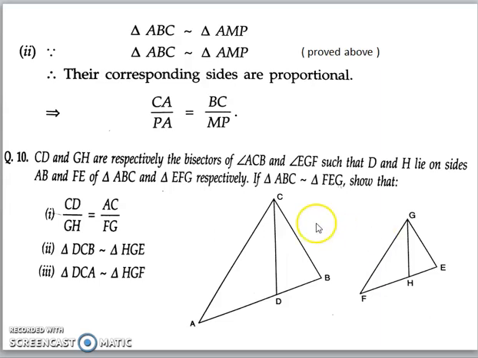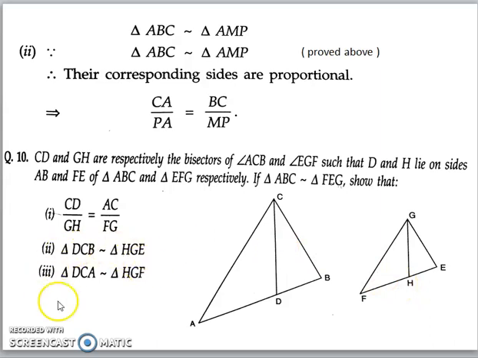So I can say that angle C and angle G are equal by the similarity of these two triangles. Therefore, half of angle C and half of angle G also must be equal. So therefore, this angle, that is CAD, and angle FGH, these two angles will be equal as they are halves of equal angles. Angle A and angle F are already equal, again by the similarity of these two triangles. So I can say that by AA criteria, these triangles, that is CAD and GFH, are similar.